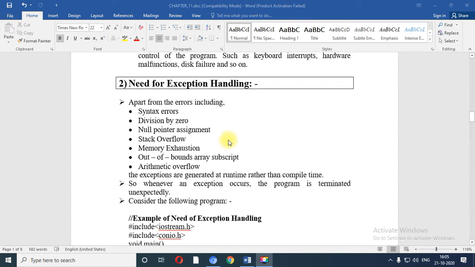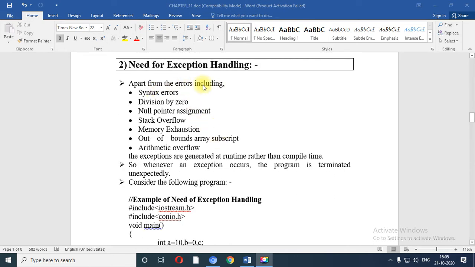There are certain types of exception that occur when you run the program. Number one, syntax error. At that time it will show that a syntax error occurred. Then it may be possible that you are trying to divide some number by 0. At that time a division by 0 error or exception occurs.